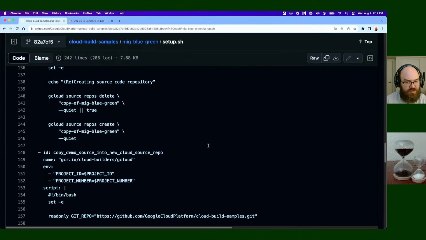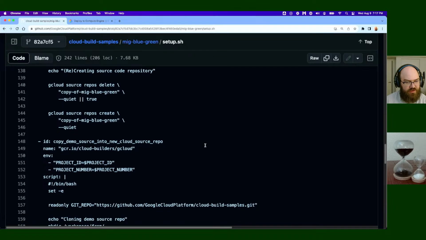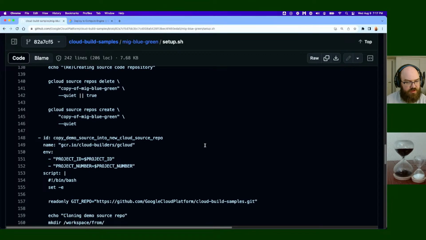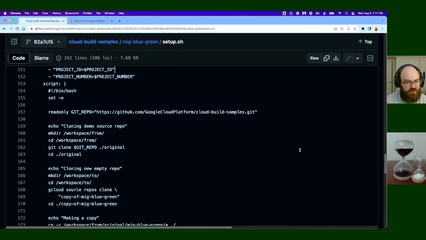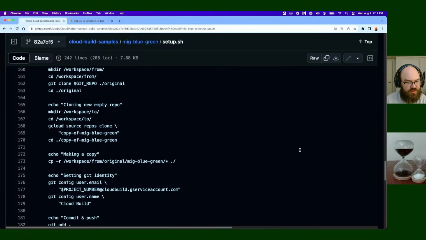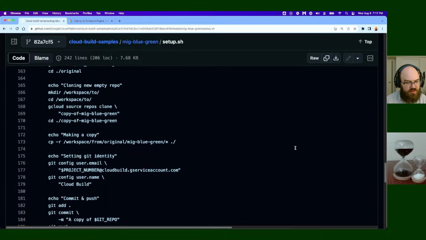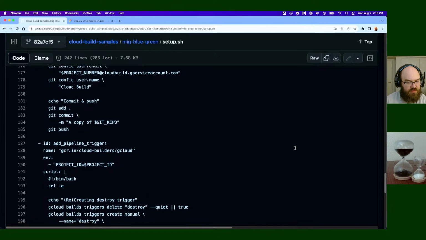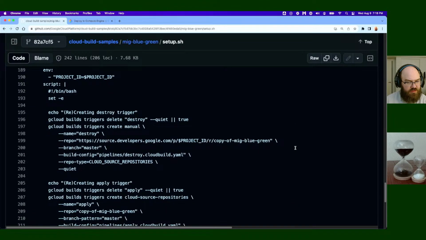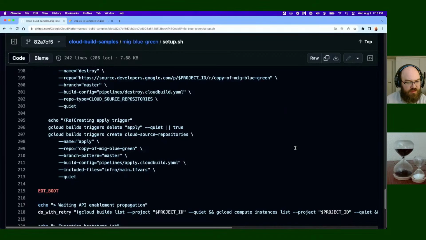And id copy demo source into new cloud source repo, gcr.io cloud builders gcloud with project ID and project number. I don't know where project number came from. Read only get repo equals a certain area. Cloning, or we're making good progress with this script. Cloning demo source repo, cloning new empty repo, making a copy, setting git identity, commit and push, add pipeline triggers, recreating destroy trigger, recreating apply trigger, EOT boot,